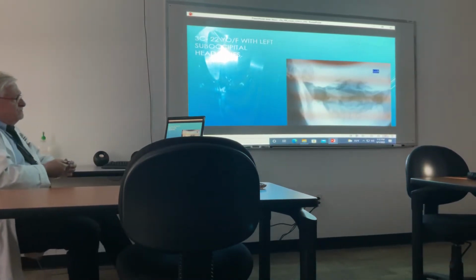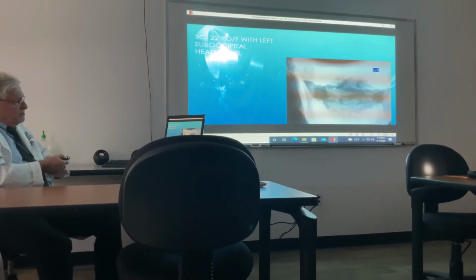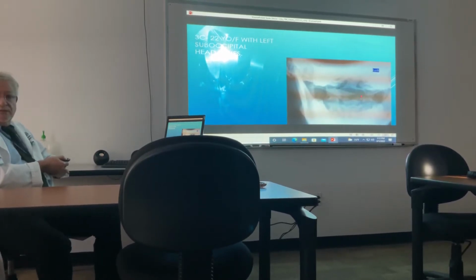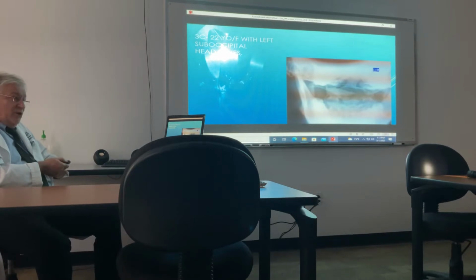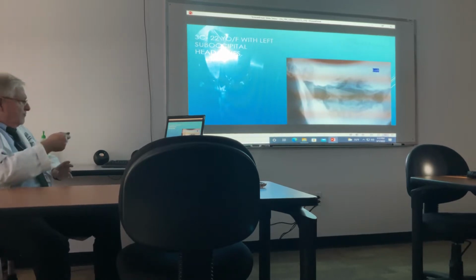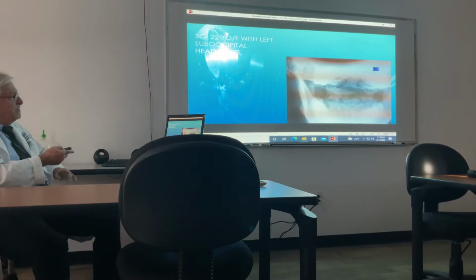What view? AP. Okay, so in your search pattern, okay, there's the odontoid, there's the posterior neural arch of C1, okay? There's a gap here, yes? Yes. Okay, which side's the gap on? The left side. Left side. That's a bad way to lose either half a mark or a whole mark, okay? I don't know, I've got the wrong slide, wrong PowerPoint in here, there should be 5 cases.